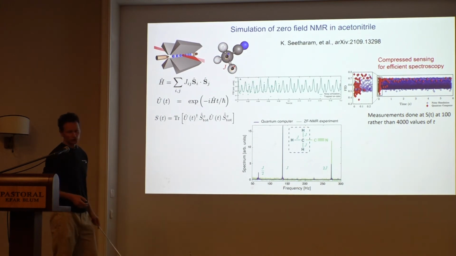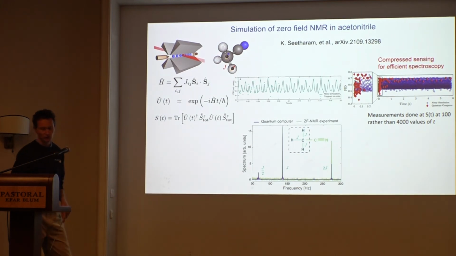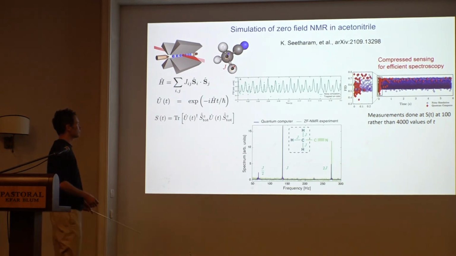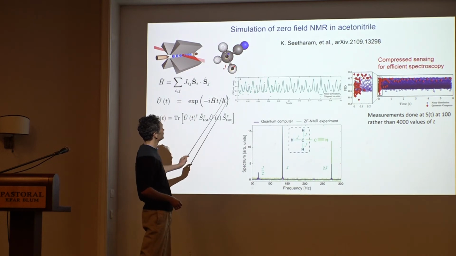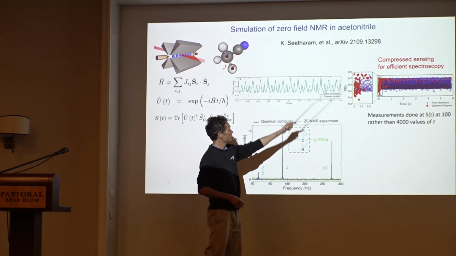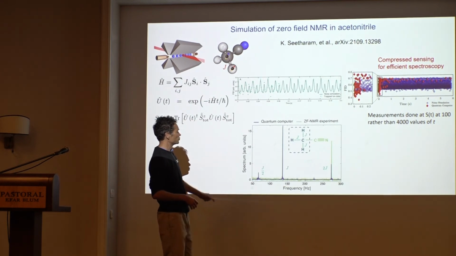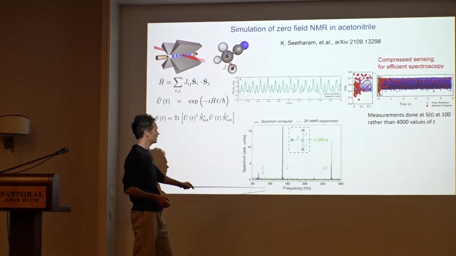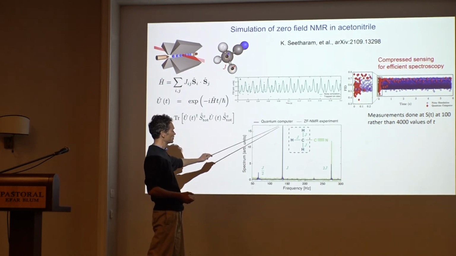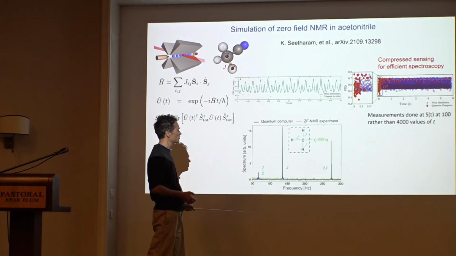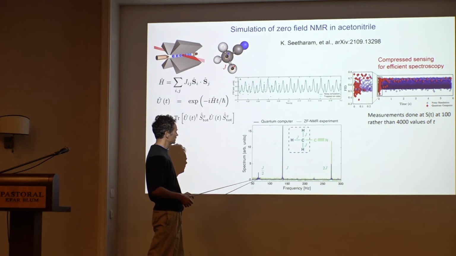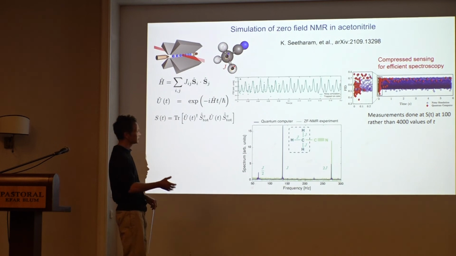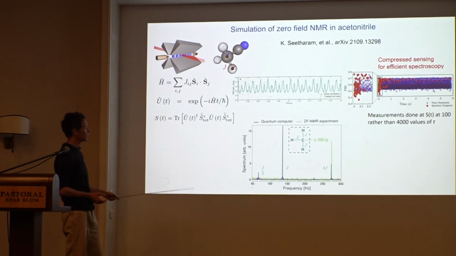It turns out Kushal and Dries came up with ideas of compressed sensing which can make it work. But the bottom line is, here you can see comparisons of the spectrum of this molecule, and it's in zero field, which is usually hard for classical inference. This is a comparison of the actually measured spectrum to the quantum simulation. There are interesting features, such as the actual molecule having a certain symmetry. As a result, it does not have a peak at j/2, even though there are states which differ by j/2, but there are selection rules which make sure that that peak vanishes.